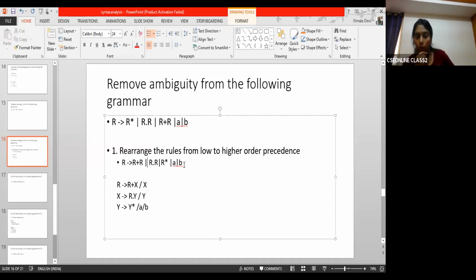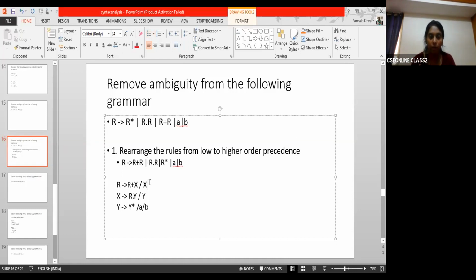Okay, now we know the order of precedence. Now the next thing we have to ensure is the left associativity. Left associativity means you have to convert the rules into left recursive. How do you convert the rules into left recursive? In the production rule, the head and the very first symbol in the body must be the same. See, actually the rule is R derives R plus R. In this case, both the R's are recursive variables. In place of any R, you can substitute any production rule. It means you are allowing the parse tree to grow in both directions. Now we should not do that. We should restrict the growth of the parse tree only to the left-hand side direction.